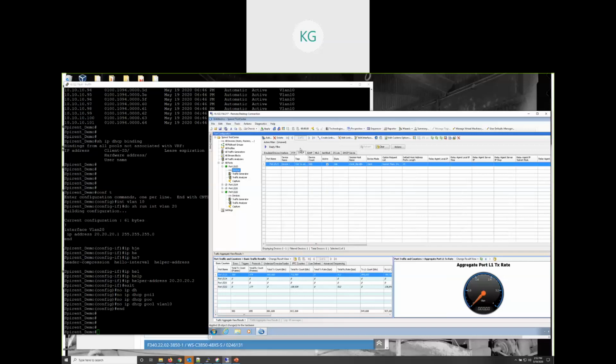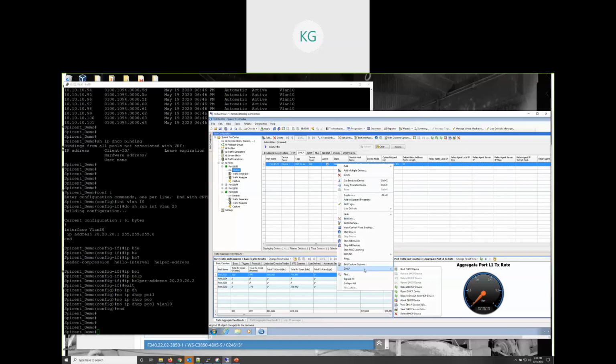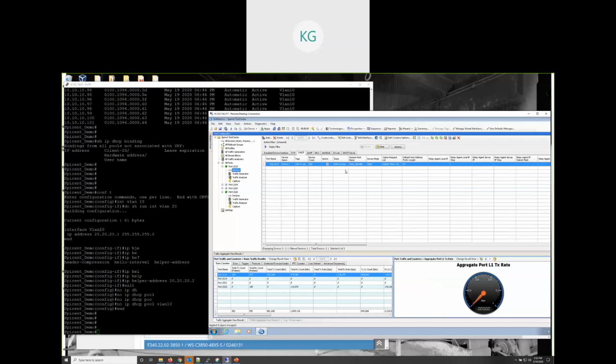There we go. So now within DHCP, I can right-click the clients, DHCP option, and I can bind DHCP. And once again, I'll be able to see these clients in my total TX and RX, and now the TX and RX is also incremented on this server, and we can see the clients are discovering and they are actively